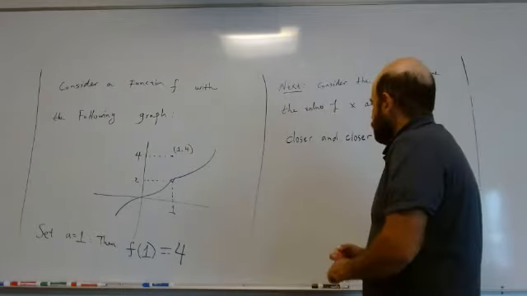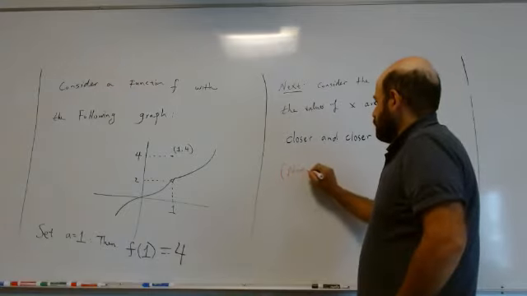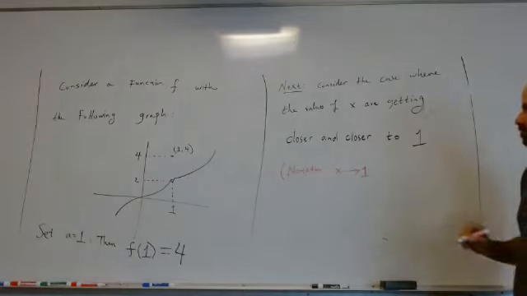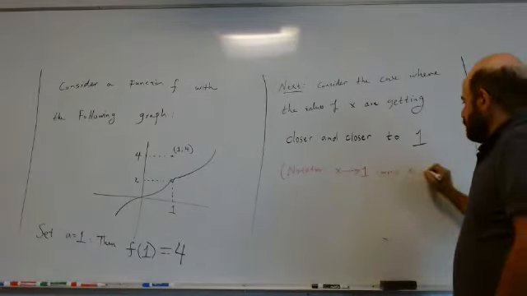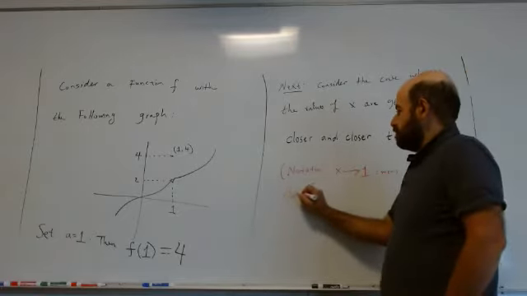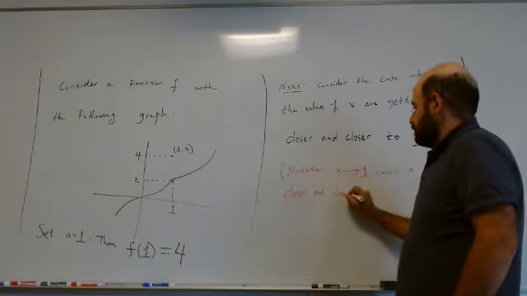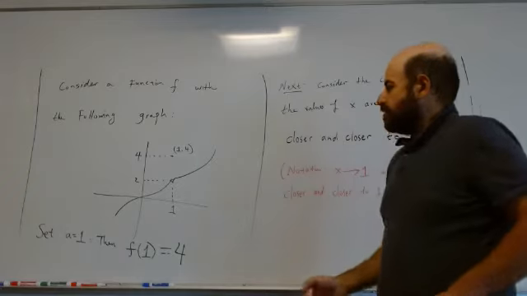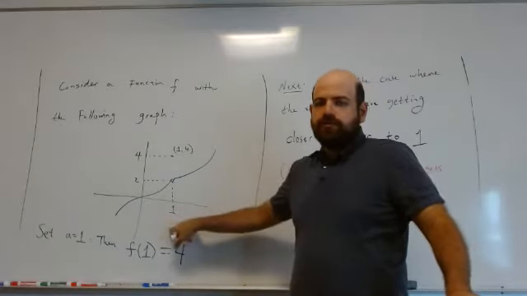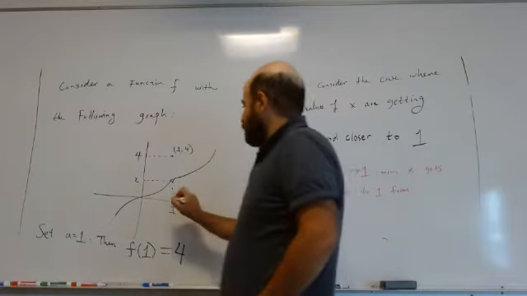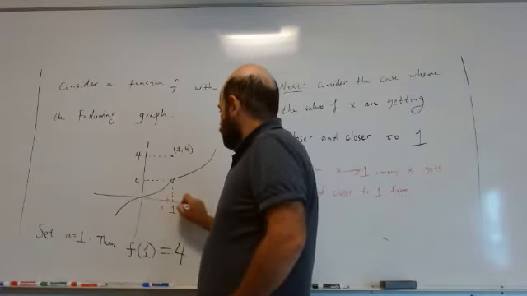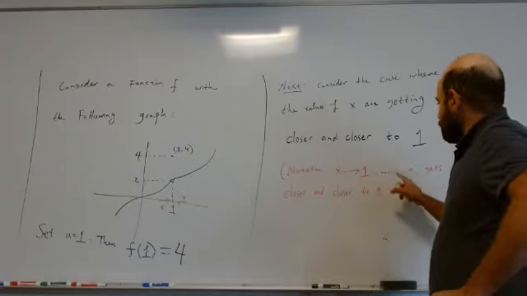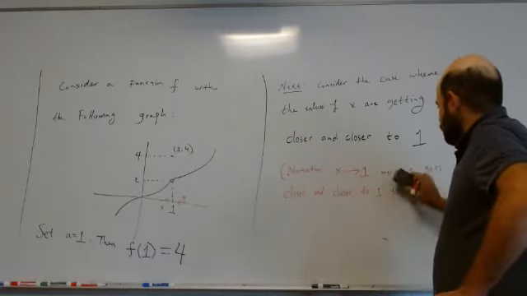So the notation for this is x approaches 1. This means x gets closer and closer to 1 from either side. When you say closer and closer, x has two options. If you want to get close to 1, you can approach 1 from left or from right. So your x values could approach 1 from here or from here. Either case is possible, from left or from right. So x approaches 1 means x gets closer and closer to 1, either from left